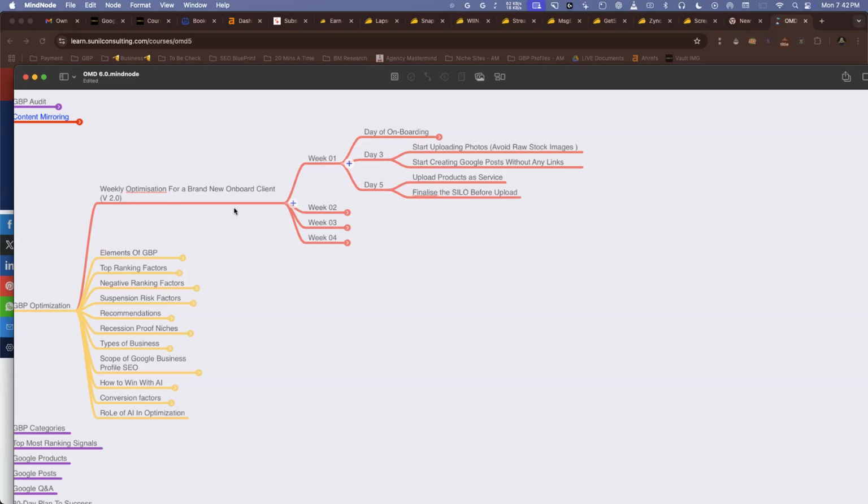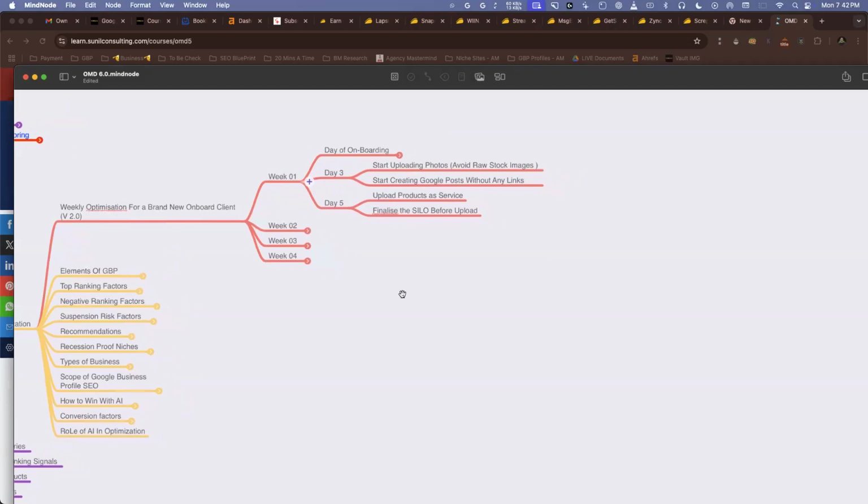We built this internal process from the last OMD 5.0 version. This time we are going to make some additional changes if required now, maybe due to some Google updates, or maybe due to some changes according to some of the best minds in the market. So let's say you just got a client today. Okay,